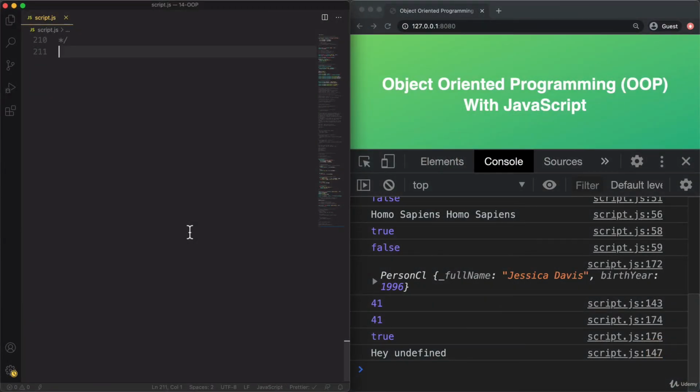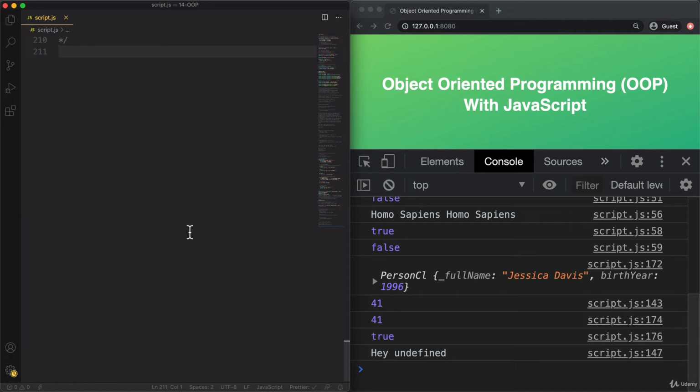Now, with Object.create, there is still the idea of prototypal inheritance. However, there are no prototype properties involved, and also no constructor functions and no new operator. Instead, we can use Object.create to essentially manually set the prototype of an object to any other object that we want. So if we can set the prototype to any object, let's create an object that we want to be the prototype of all the person objects.